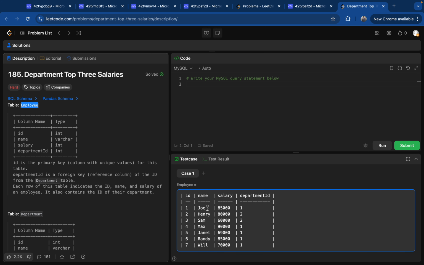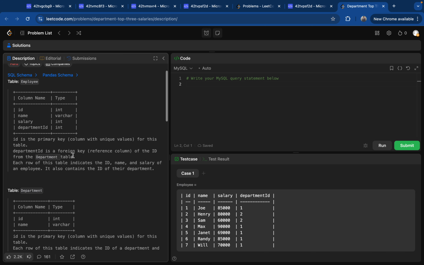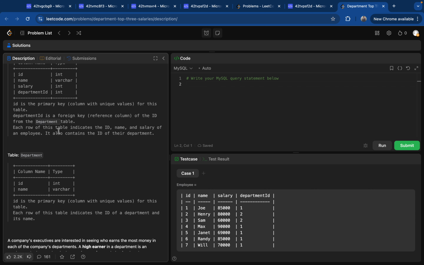So we can say Joe has an ID 1. He has a salary of 85,000 and the department ID is 1. So ID is the primary key column with unique values for this table. Department ID is a foreign key referencing the ID from the department table. So this department ID is a foreign key which is referencing the ID in the department table. And each row of this table indicates